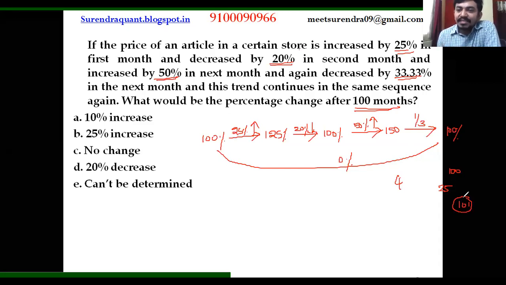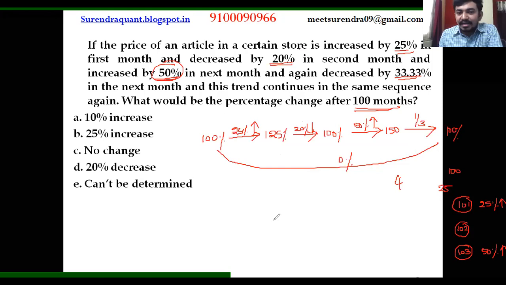For 100 months, as per the sequence, no change. At the 101st month, again the 25% cycle will come. So if it is the 101st month, there is a 25% increase. If it is the 102nd month, again no change, because after 125, a 20% decrease, 100% will come again. Friends, if it is 103 months, then what is the answer? Whatever the value present in the third month, which is a 50% increase, right? Okay, this method is very easy to solve this kind of question.